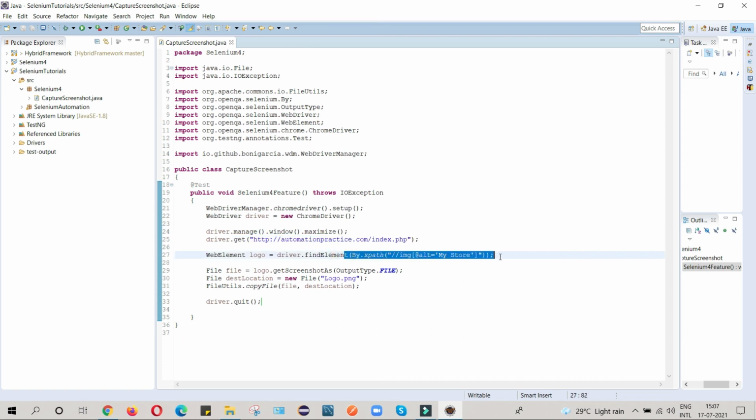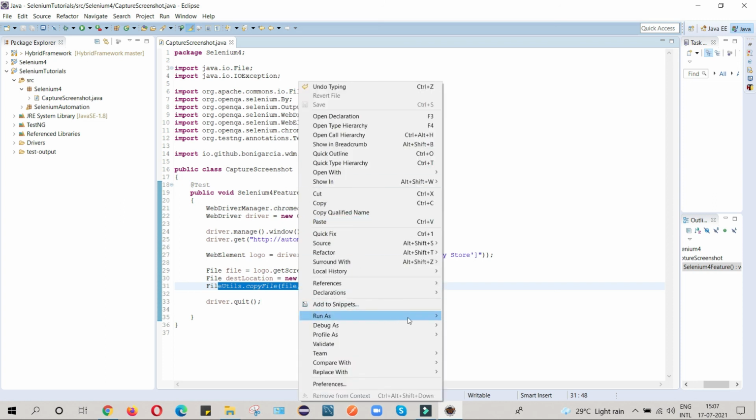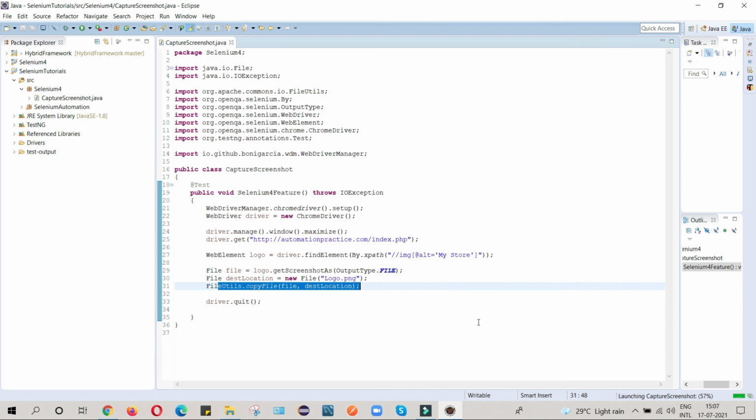So here we find the XPath of this particular locator, and we define that in a variable. Now whatever screenshot we capture from here, we provide the destination location, and we copy that image to this location. So this is the activity we have done. Now we will save and run this and see what the output will be.